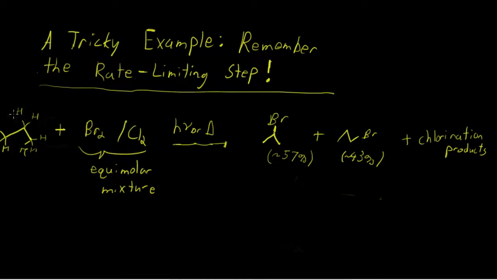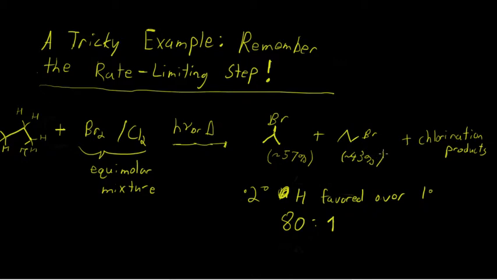The substitution of secondary hydrogens is favored over primary hydrogens 80 to 1. So I'll just make a note of that here. Favored for primary 80 to 1. And yet you seem to get 57% secondary product and